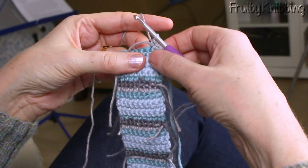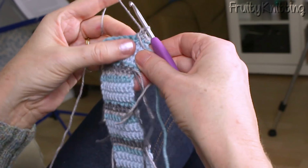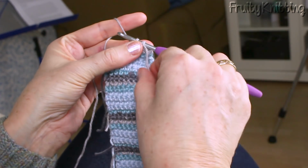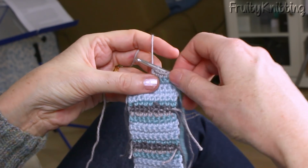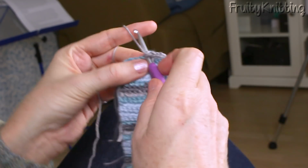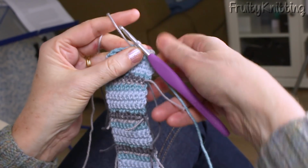Okay, so now what I'm doing is I'm moving it to the side more, like this, and then I do the first half of the double crochet, then I take the end and whip it around underneath the needle to the back and finish off that stitch, and then back to the front again and start a new stitch. Halfway through, get the tail underneath the needle down to the back